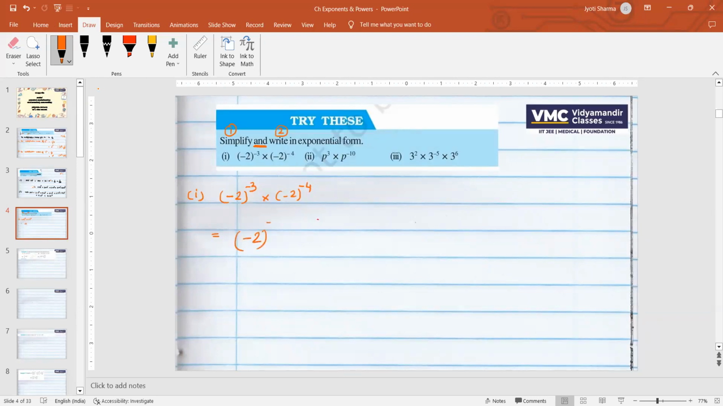The bases are same. I can add the powers by using the law that if the bases are the same and they are getting multiplied, in that case we can add the powers to find the product. And as you know that we should not leave our powers negative, so we will do the reciprocal of the base and we will write